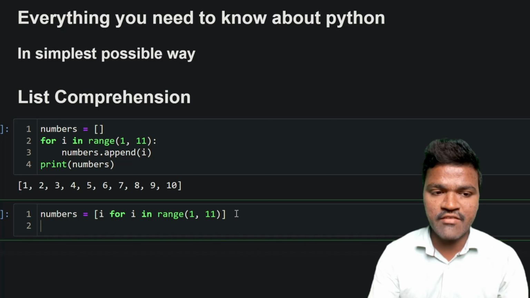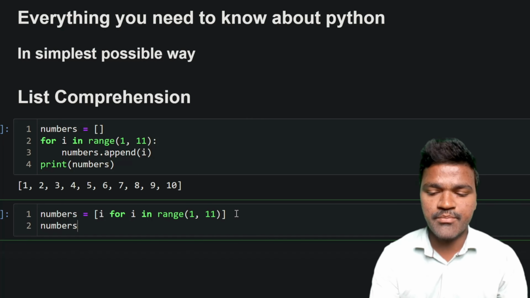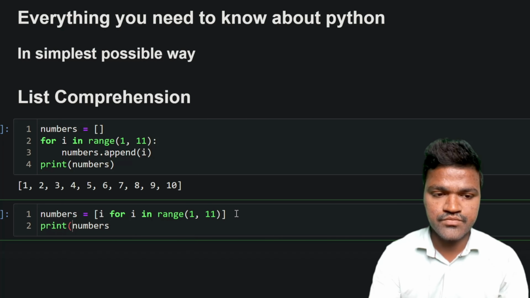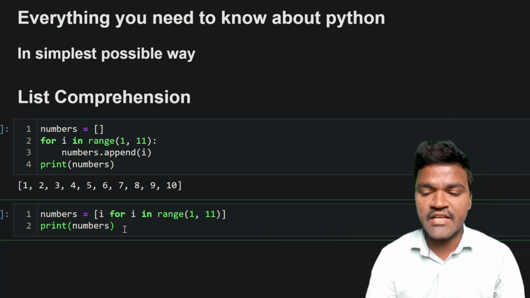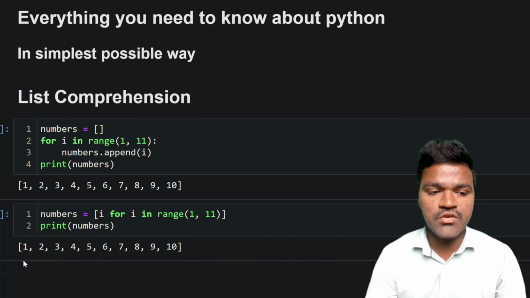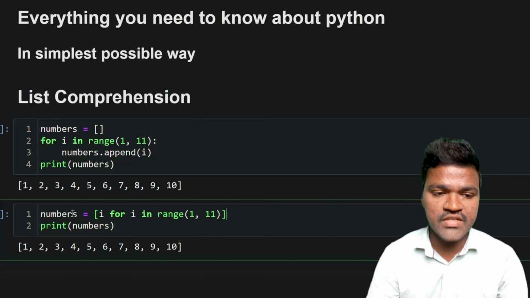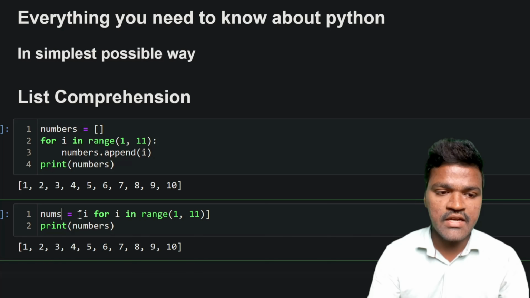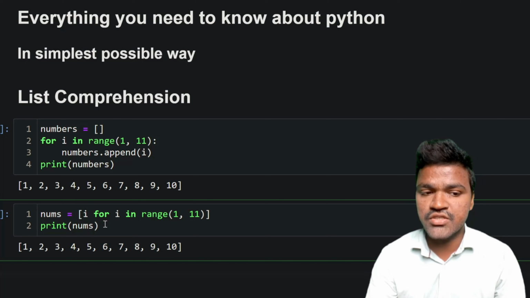After that, I will print these particular numbers here. If I execute this, you can see we are getting the same result, and we are doing all the process in a single line itself. You might be having some confusion about what this particular numbers is, right? So for that reason, I will use this particular nums here, and here also I will take nums, and if I execute this,